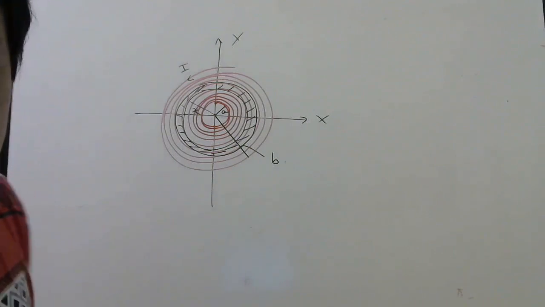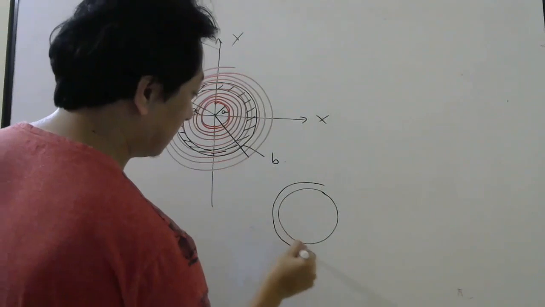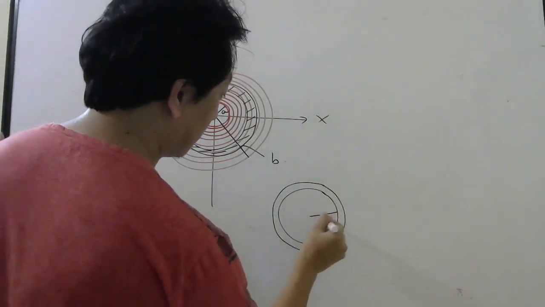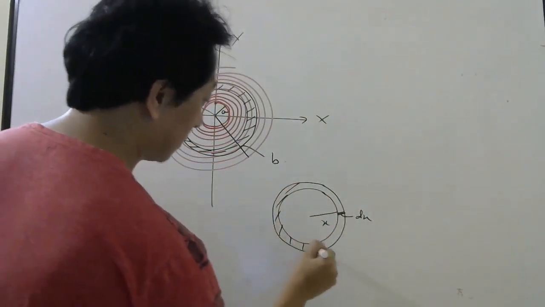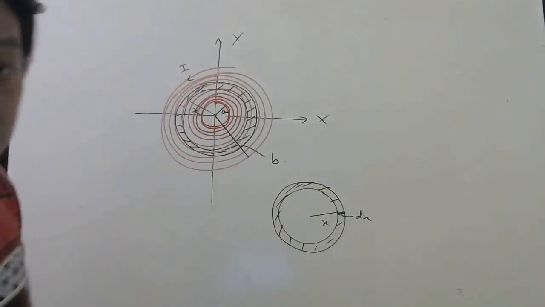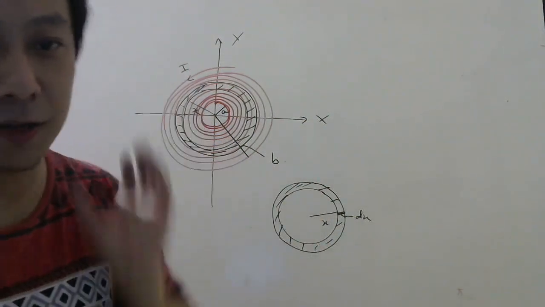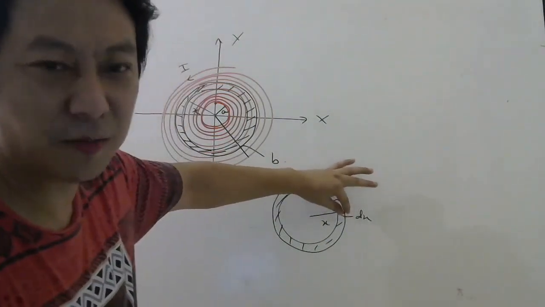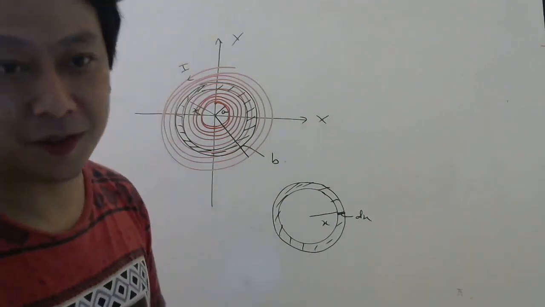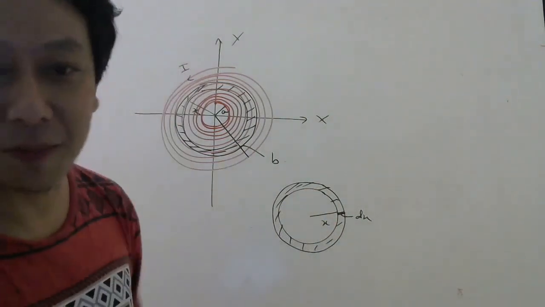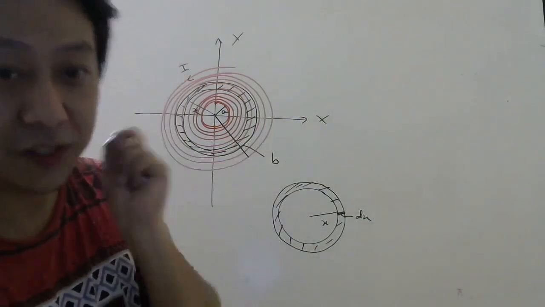This ring you have to concentrate, the black one. So let me show it here. So this is the ring I have considered, very thin. So this is x and this thickness is dx. Now we can find magnetic field here due to this ring, because you can consider this as a current loop, because this dx is very, very small compared to x. However, how many turns are here, that you have to know. Without knowing the number of turns here, how will you write magnetic field at this point? There will be some number of turns in this dx. So we have to check how many turns are there.